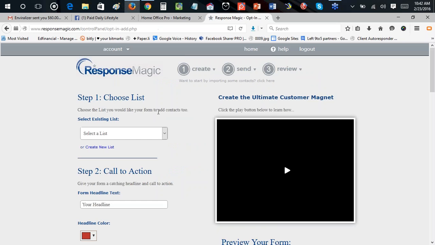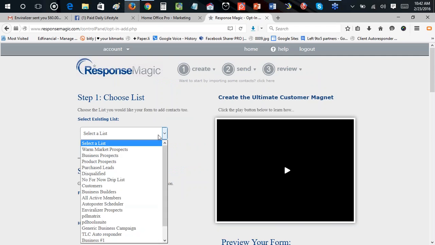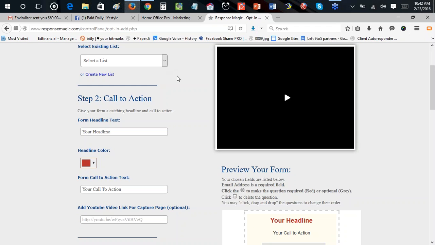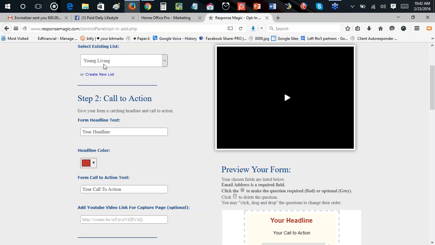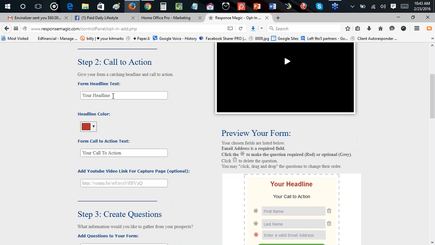You go to opt-in form. Now you're going to select existing list. We'll go to Young Living, which is right here. I just created that autoresponder. There's Young Living. Now we're going to step 2, call to action. See, if you look on the bottom right here, it's going to start changing here. So join Young Living